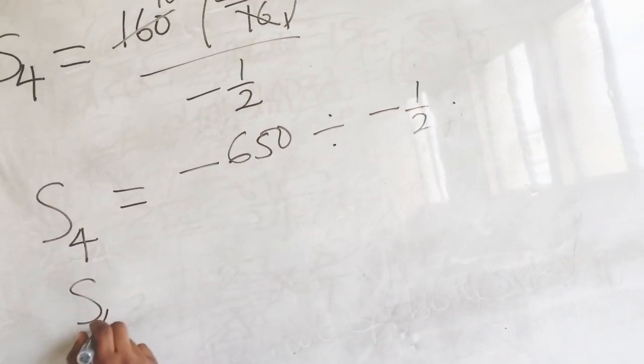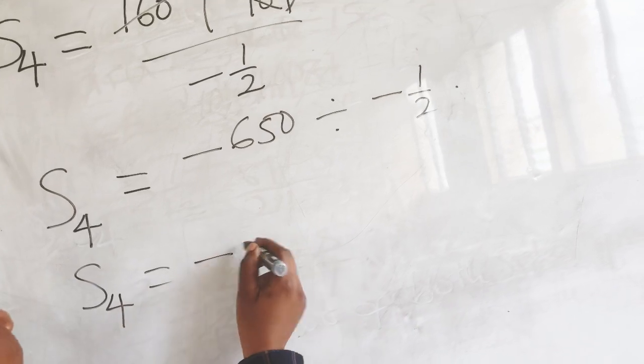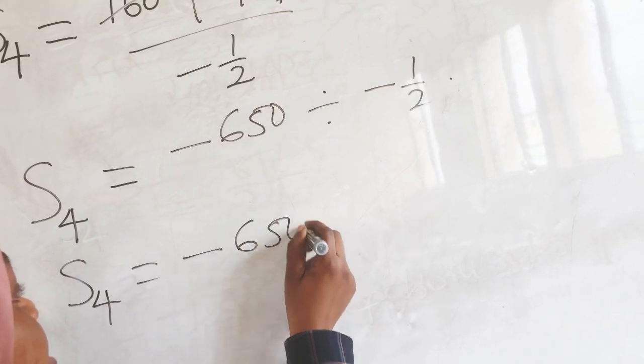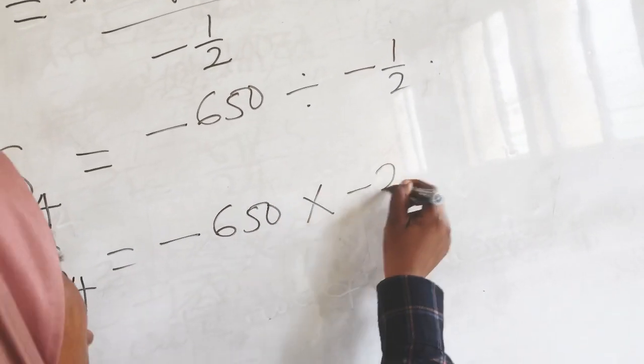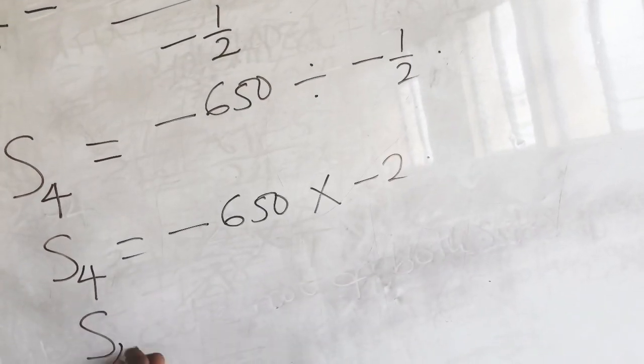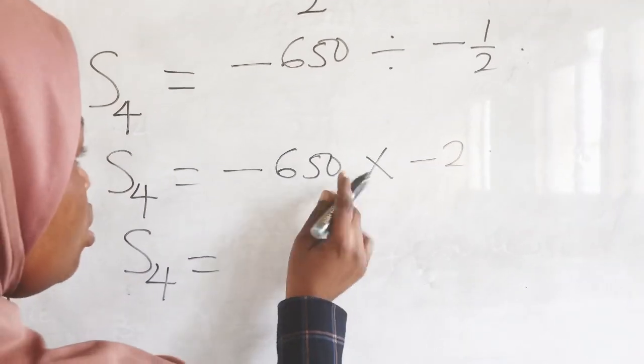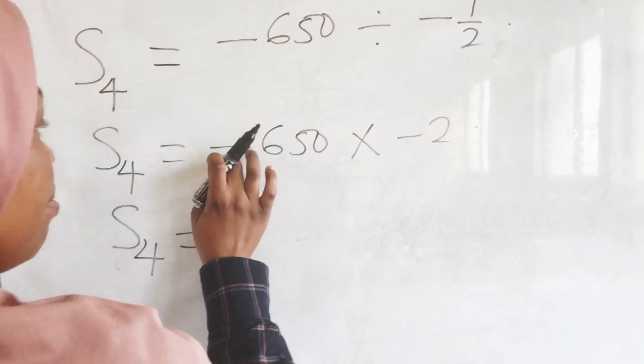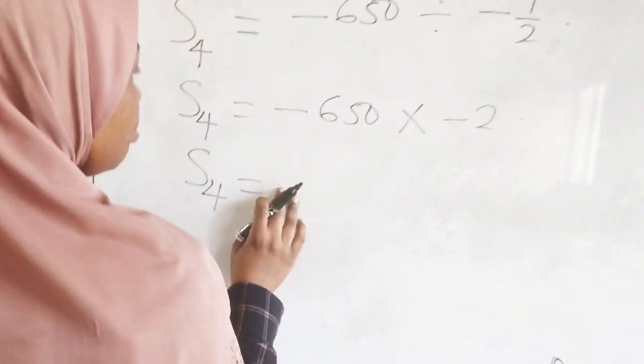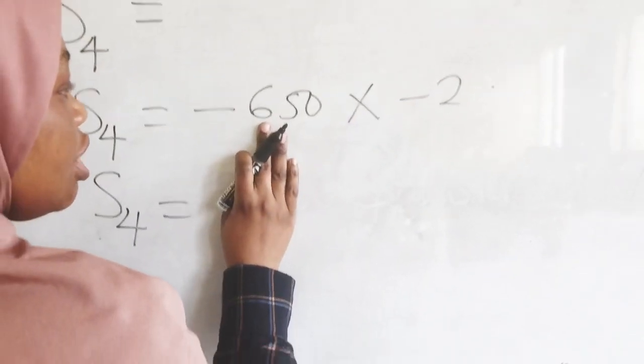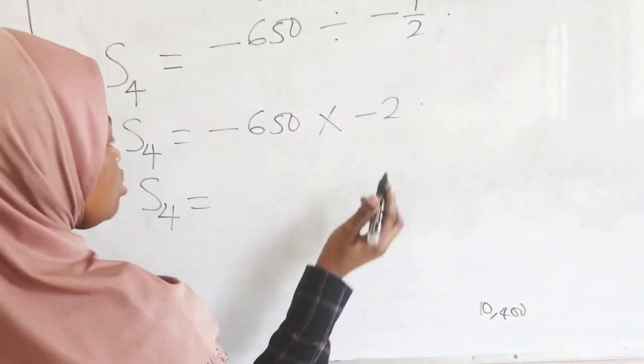So S subscript 4 is equal to minus 650 multiplied by minus 2. A negative times a negative is equal to positive. So 650 multiplied by 2 is equal to